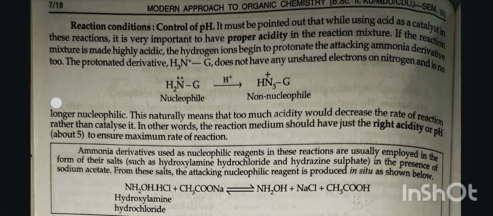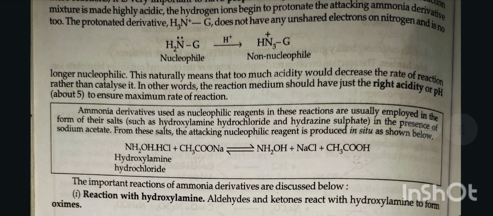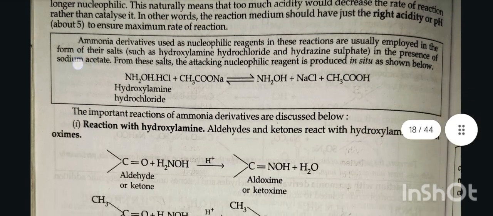The protonated derivatives, NH3+G, do not have any unshared electron pair on nitrogen and so are no longer nucleophilic. This naturally means that too much acidity would decrease the rate of reaction rather than catalyze it. In other words, the reaction medium should have just the right acidity, or pH about 5, to ensure maximum rate